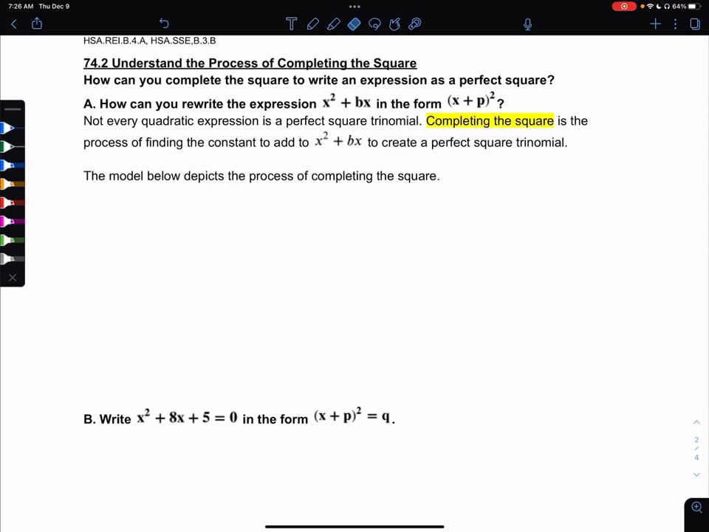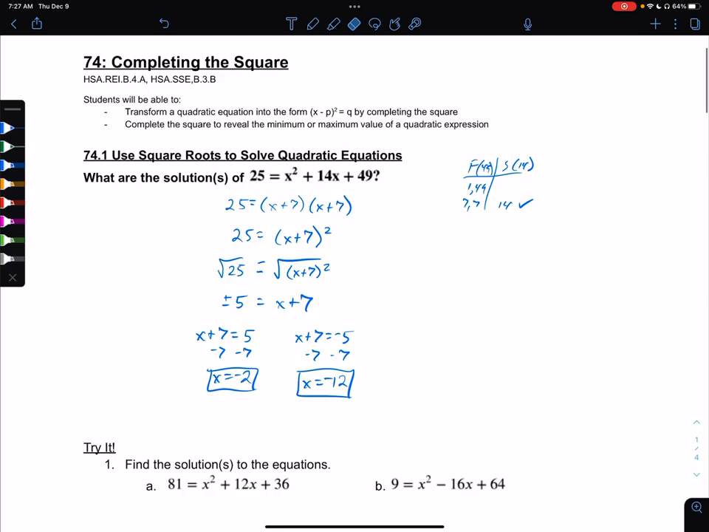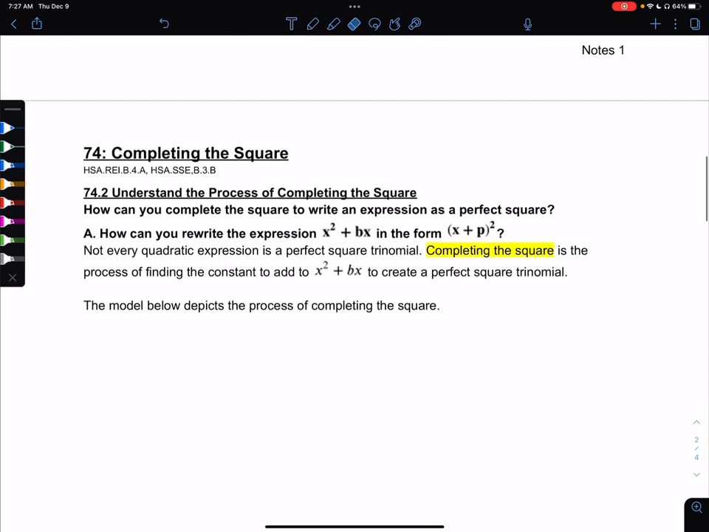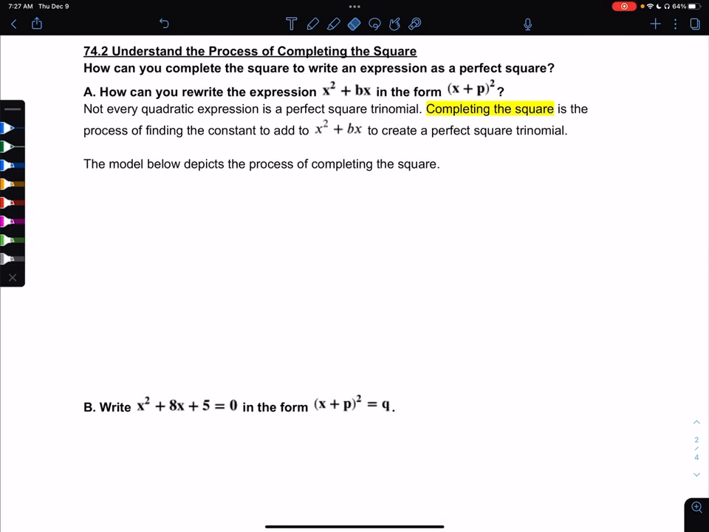But the idea is that not every quadratic expression is a perfect square trinomial, and there's a method called completing the square. That is the process of finding the constant to add to x squared plus bx to create a perfect square trinomial. So the previous problem here in example 1, we had a perfect square trinomial, so we were able to solve using square roots. In this example,